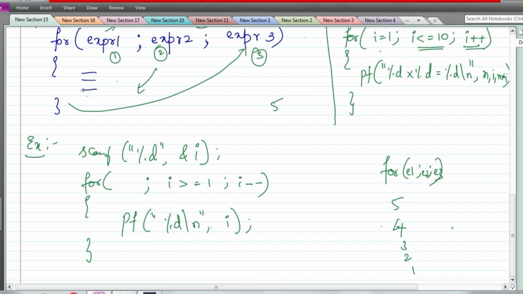Suppose the initial value is not fixed and you have to take it from the user every time, or it depends on some other calculation. Then you use a while loop, where you write the initialization instructions before starting the loop itself, then you write the condition, and inside the loop you write the modification. In case you know what initial value you have to start with, I would suggest going with a for loop, because then you have clarity about what your initial value should be, what the final value should be, and in how many steps you need to keep incrementing.